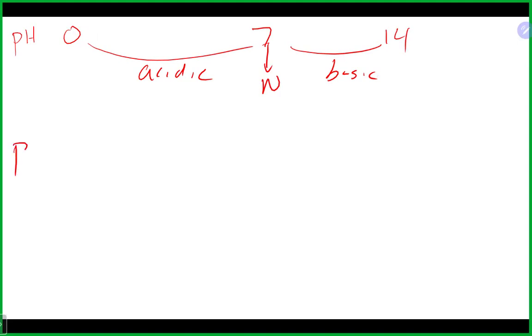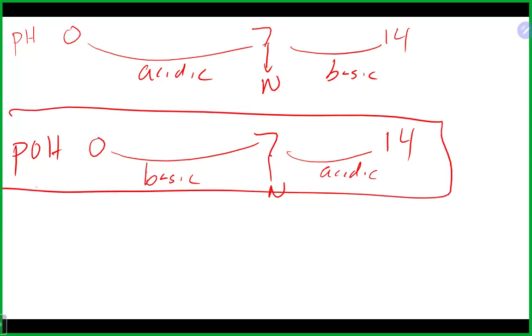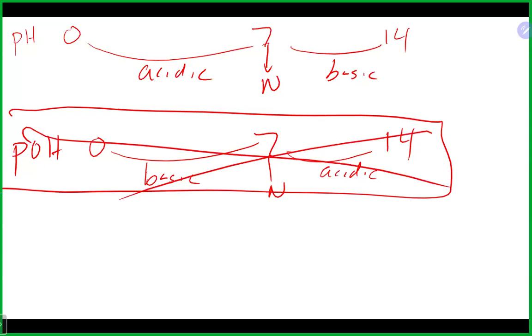On the pOH scale, it is also 0, 7, and 14, but when you are less than 7, you're basic. When you're above 7, you're acidic. And if you're on 7, you're neutral. They run opposites of each other. If you have a low pH, you will have a high pOH, and vice versa. If you have a high pOH, you will have a low pH. My recommendation is, because most people don't have this scale in their head, never look at the pOH value. I would always look at the pH value, which is typically the value most people have in their head, and just remember